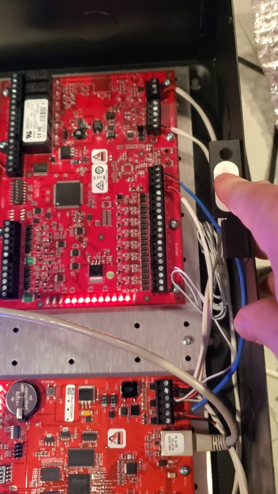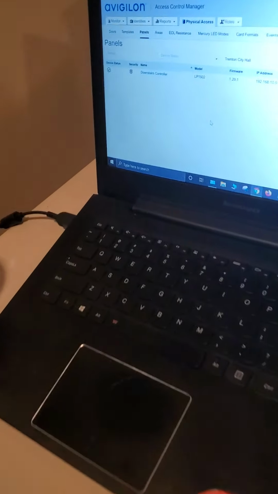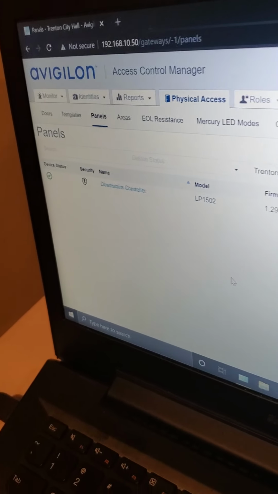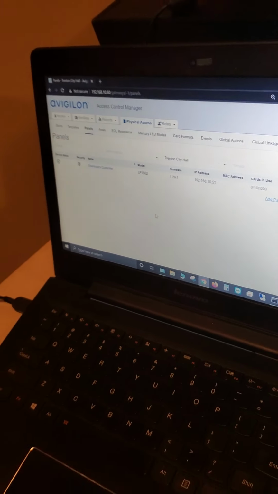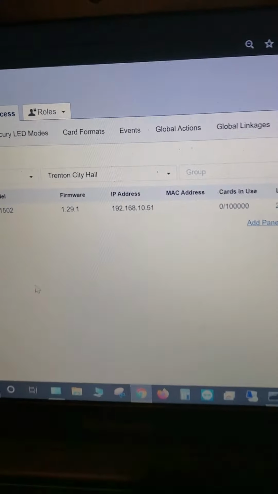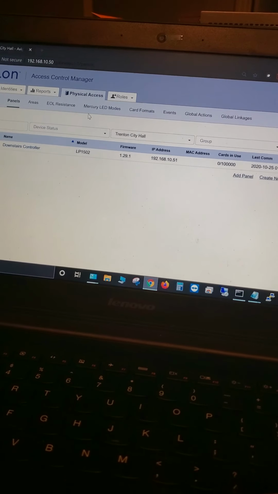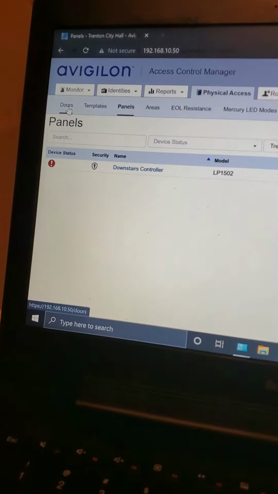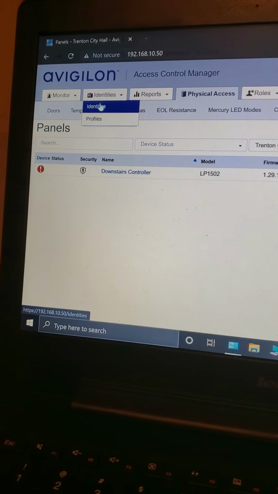And when I push that to mimic the door being closed, you'll see that switched to a green check mark. So my panel is happy. I'll let go of that for now because we want to program a Maglock. To do that, we'll go to Physical Access, Doors,